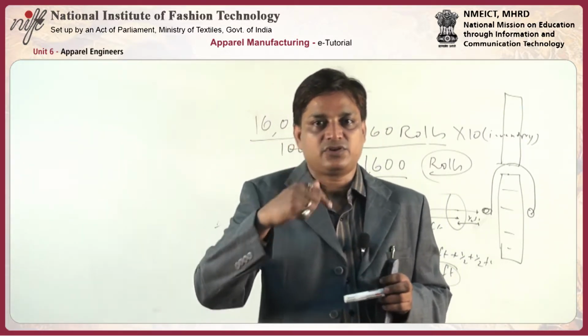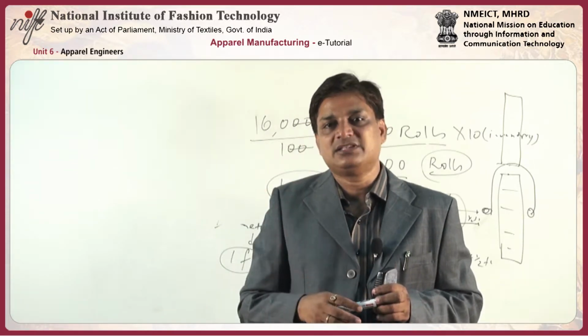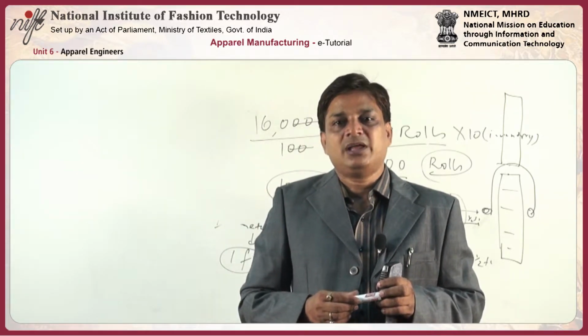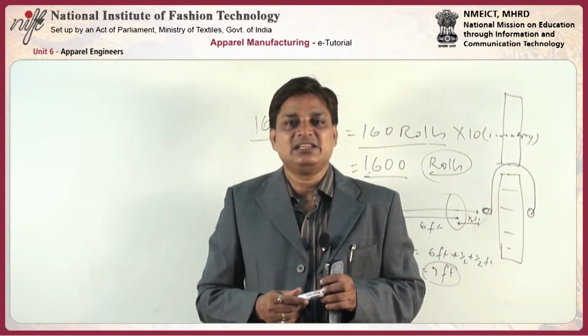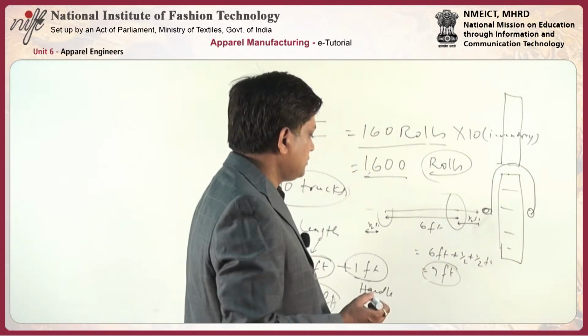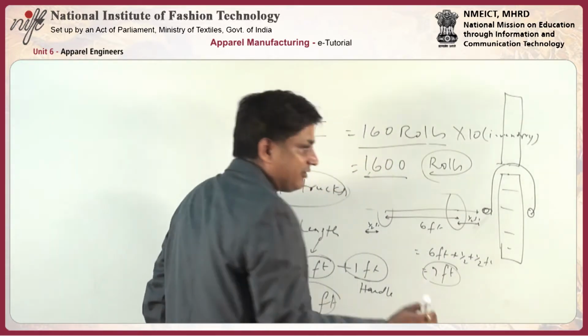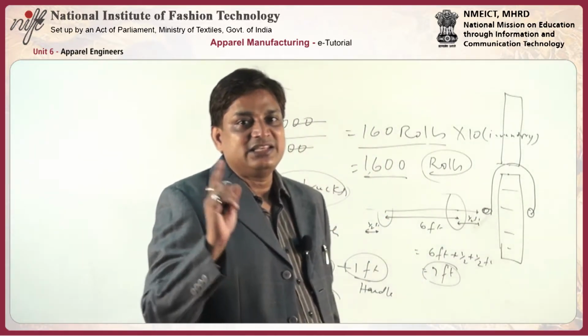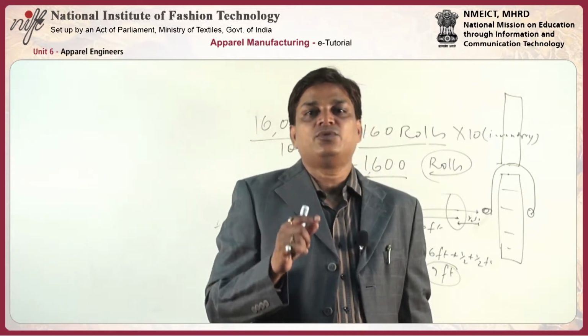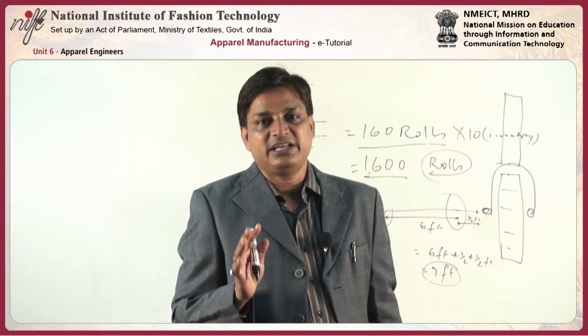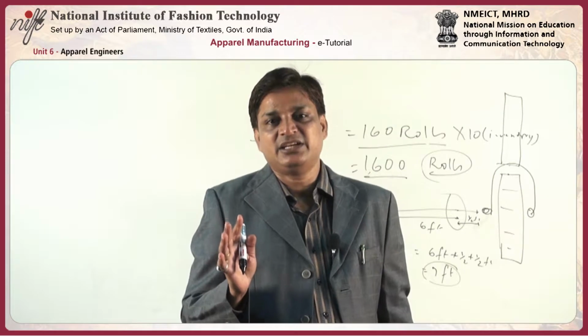If you talk about one column, we can easily place 5 rolls in one column, and in a length of 88 feet we can easily place 60 such columns. So in 88 feet we can place 60 columns, and we have discussed that. This means that 300 rolls can be placed in one such arrangement, and we need around 6 such arrangements to accommodate